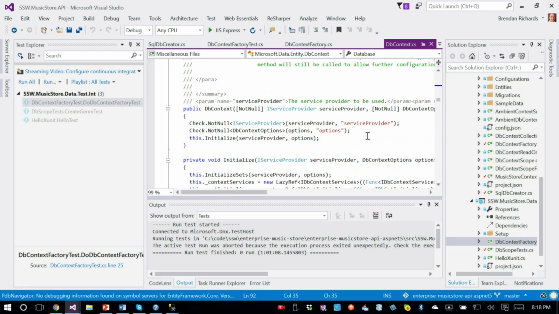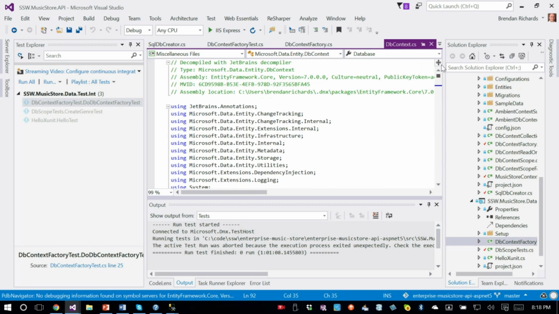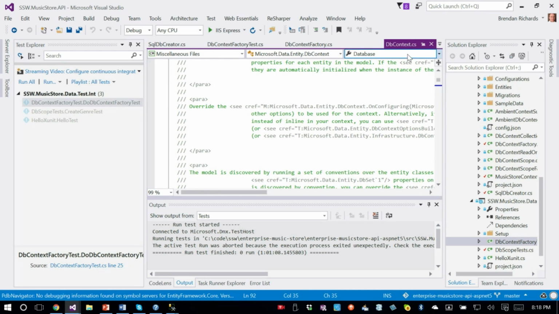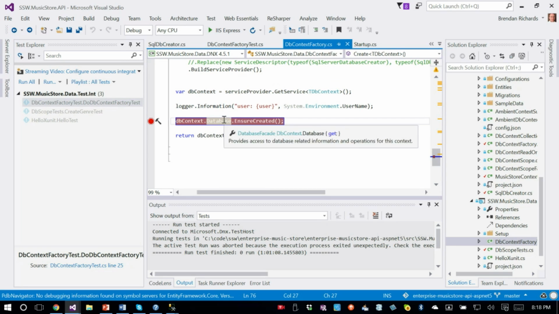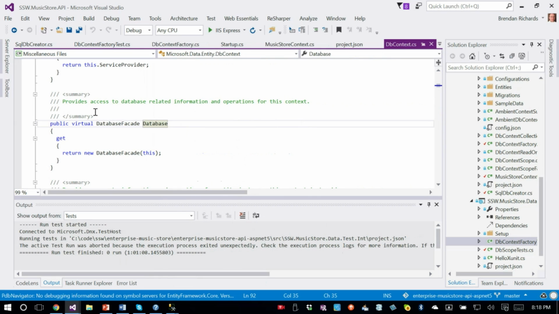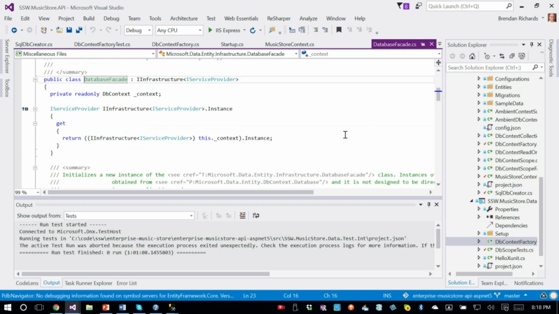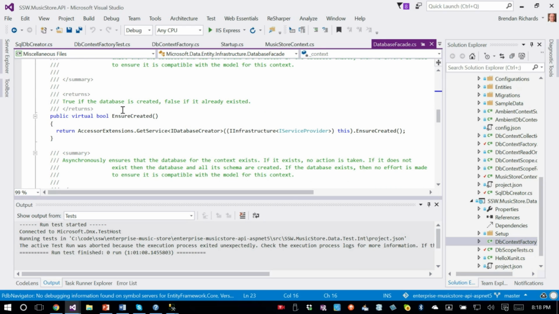And I eventually tracked down, if I find the EnsureCreated, I've gone to DbContext, sorry, I've gone to the wrong one. There it is. So there's my DatabaseFacade. Try F12 again. So through digging around here and there, I found my EnsureCreated.